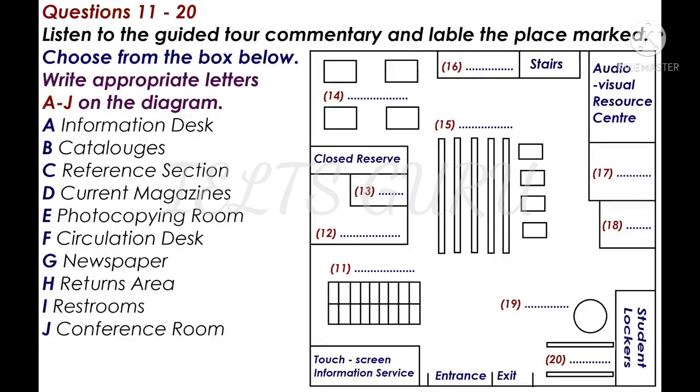On our right, these work tables are for student use, especially for small groups to work together, or you and your colleagues can use the conference room, which is that small room there next to the lockers. You can work on group projects in the conference room without disturbing anyone, and there's a conference room on each level of the library. The round desk in front of the lockers is the information desk.